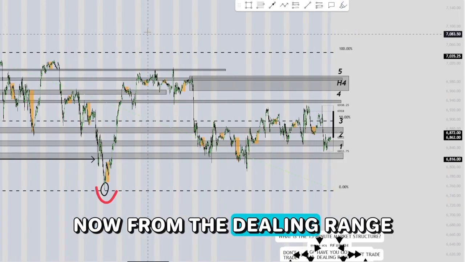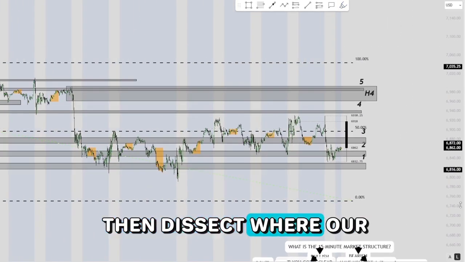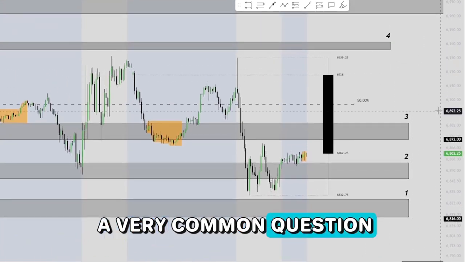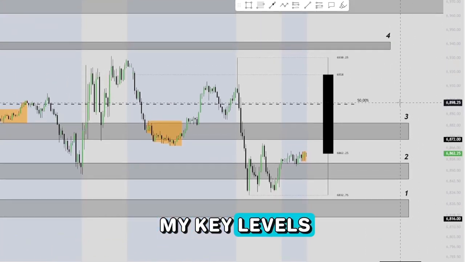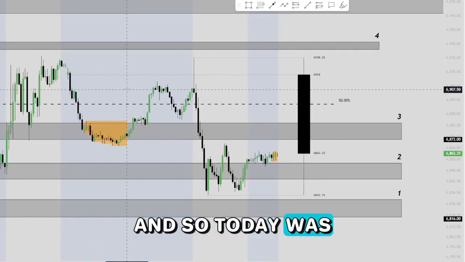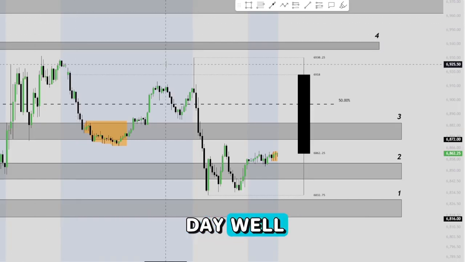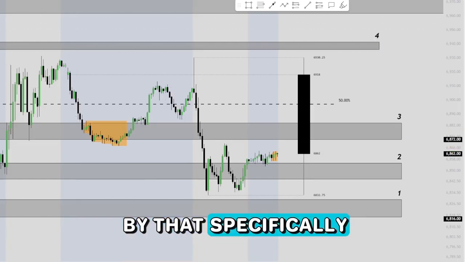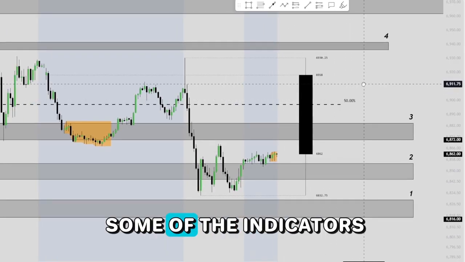Now, from the dealing range, we can begin to then dissect where our key levels are. And so this is a very common question I get. How do I find my key levels? And so today was an interesting sort of day where we broke a few rules. And so what I mean by that specifically, if I just take a look at some of the indicators that I use,